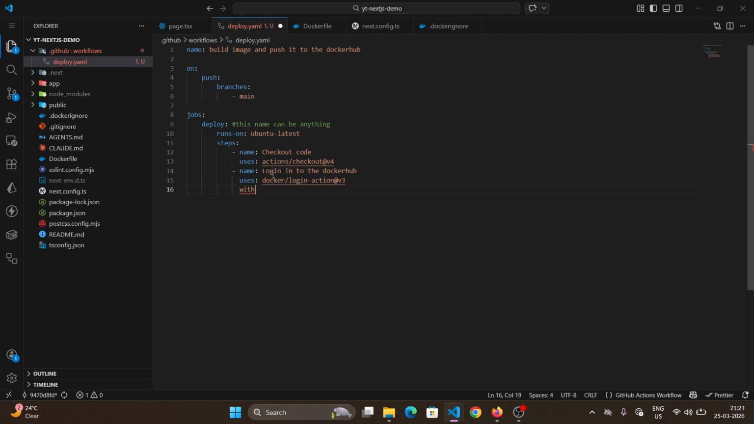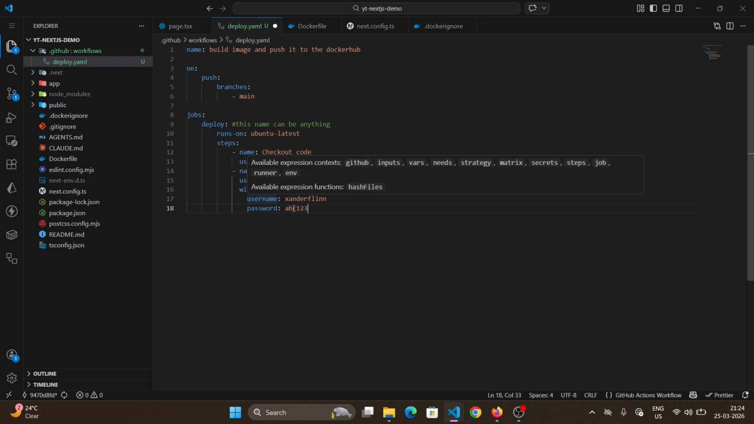With, if we have to provide credentials, इस स्टेप के साथ with, इसके with मतलब we have to provide some environment variables with what we are going to need to log into the DockerHub. Username and password, simple. Username, हमारा क्या था? यूज़रनेम मेरा है जेंडर फ्लेन और पासवर्ड क्या है? ABC123।